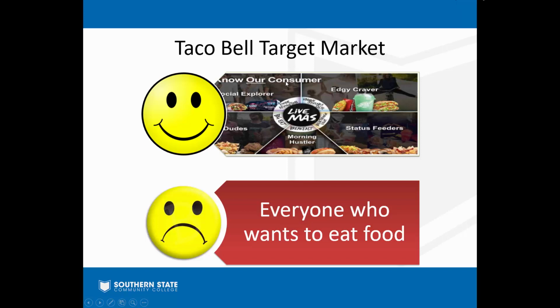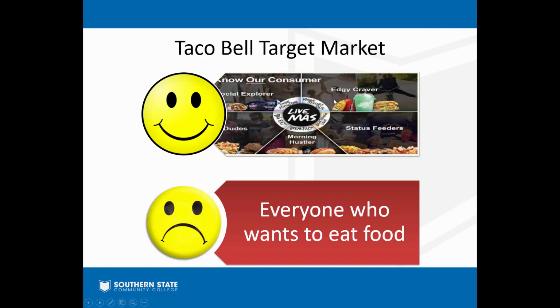And if you look at those groups right here, it's not just, well, age and income. Well, our target market's 15 to 35-year-old males that make $50,000 a year. It goes beyond that. They're looking at things that we would call psychographics, and we'll get into that later on. But just real quick, a psychographic is a lifestyle, what people identify as and how they choose to live their life and the things that they like to do.